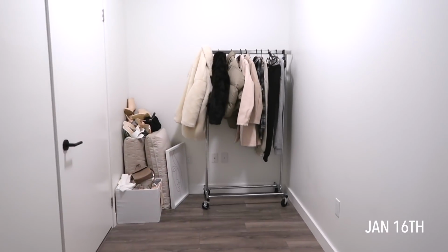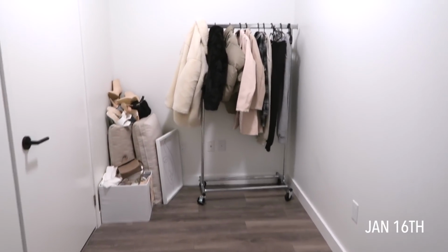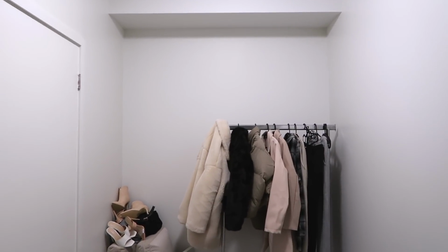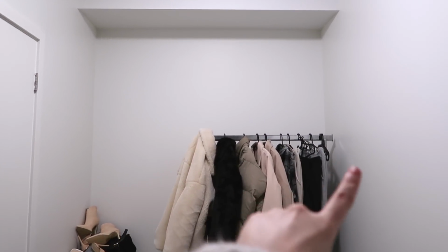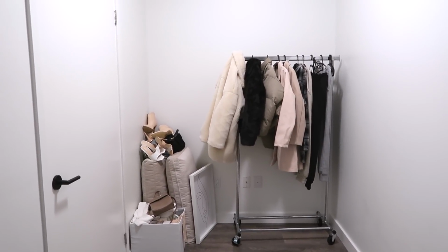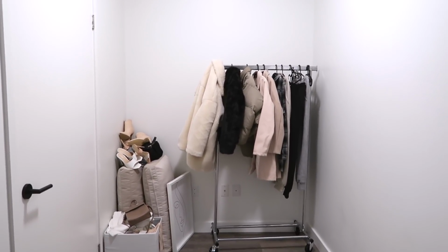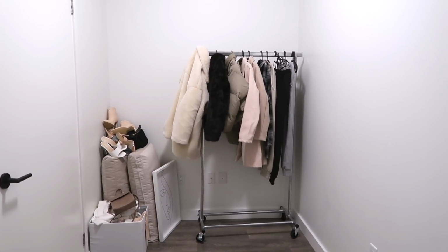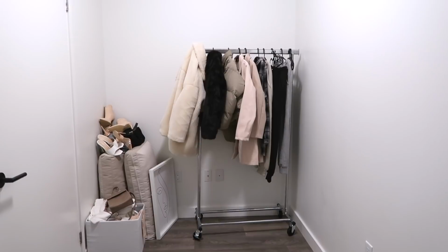This is what I have right now in my den, and the back wall is where we're putting the closet, which I'm so excited about. So it's literally gonna be from wall to wall. I hate this because I see it every single time, and even though I'm obviously not in this corner, I can't stand it. And I love that I have a mirrored closet, but it's literally right across from this,